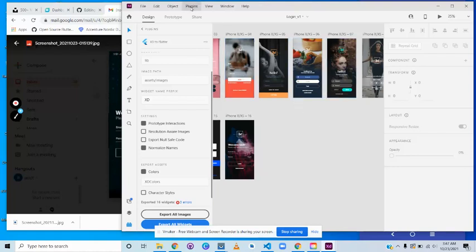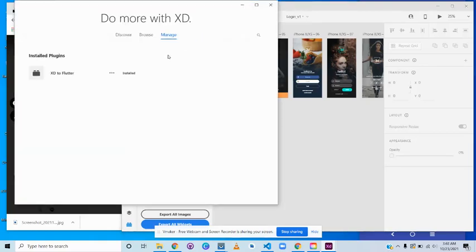The major part is that first we have to go to the plugins, and I have already installed the Adobe XD to Flutter plugin. If you haven't installed that plugin, you can go to manage plugins. As I have already installed it, I'm skipping this part.